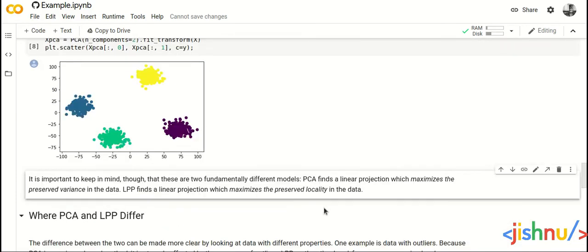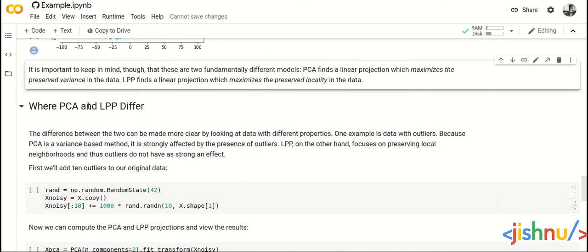And now it is important to keep in mind that these are 2 fundamentally different models. PCA finds the linear projection which maximizes the preserved variance in the data, while LPP finds the linear projection which maximizes the preserved locality. So locality preserving projections uses the neighborhood characteristics to reduce the dimensions, and PCA on the other hand uses the variance in the data to reduce the dimensions. Now let's see where PCA and LPP differ.